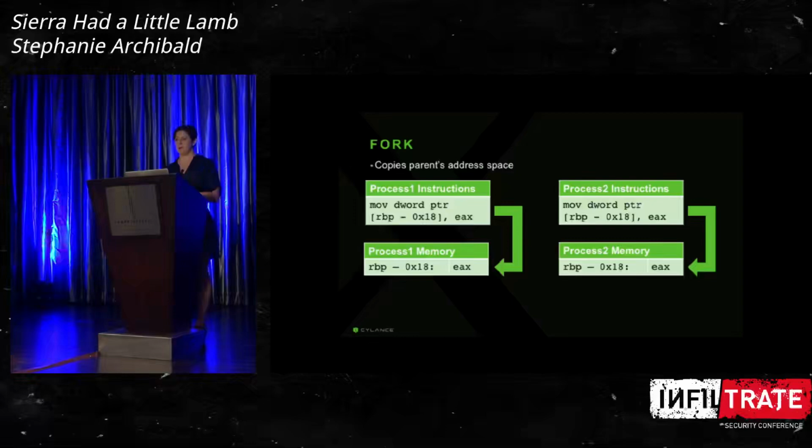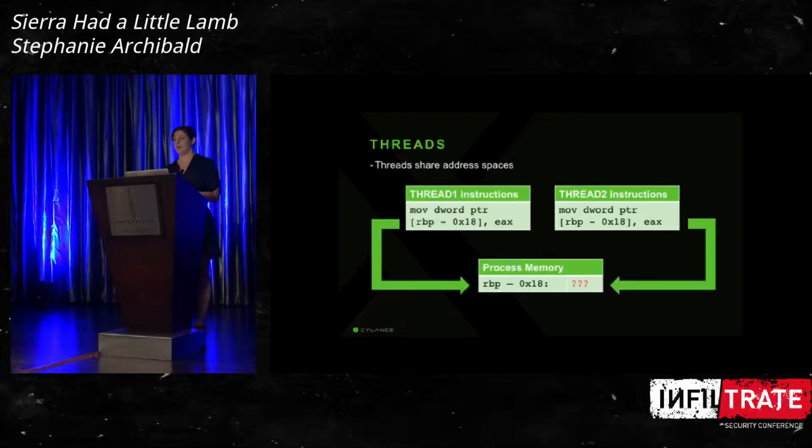Basically what happens on a fork when a new process is created, it copies off all of the process memory, right? Which means, clearly, if you modify the memory in one process, it's not going to affect the memory of a different process unless you've got some shared memory thing going on. But for the most part, that's the case, yeah? Not so for threads, yeah? When you create a new thread in a process, it shares the process memory, which means that